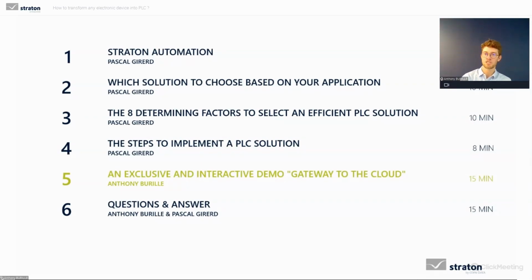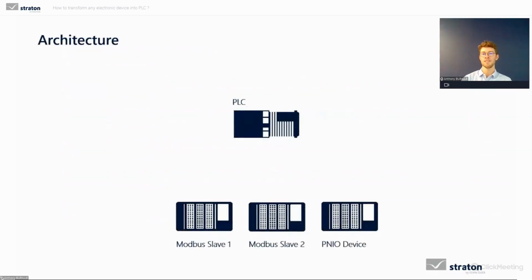So we will use a basic application, a kind of need you could encounter during a project development. And let's say you have this architecture. You have different Modbus slaves and one Profinet IO device, and you want to access to the different data and measures available on these devices. So you start checking on PLC's manufacturer's websites, in datasheets, to find the good PLC. You check that performances, supported protocols, number of IOs, and eventually the price fits to your needs. And then, after a while, you finally find the reference you need.